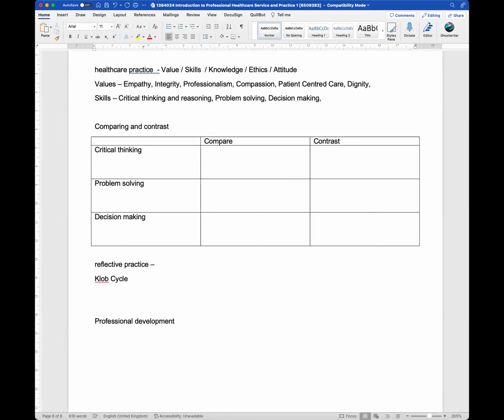Then you could also put down points that it helps to identify, when you do reflection, the areas for improvement. What could be the areas that you need to improve? When you look with a bit of hindsight, these are things that I do well, these are things I don't do well, and when comparing myself with other colleagues, these are areas in which I do not have any knowledge,